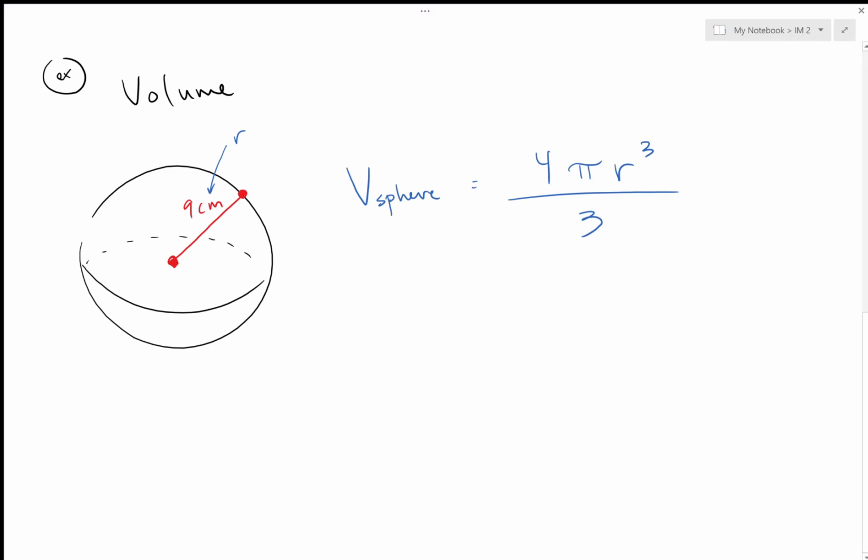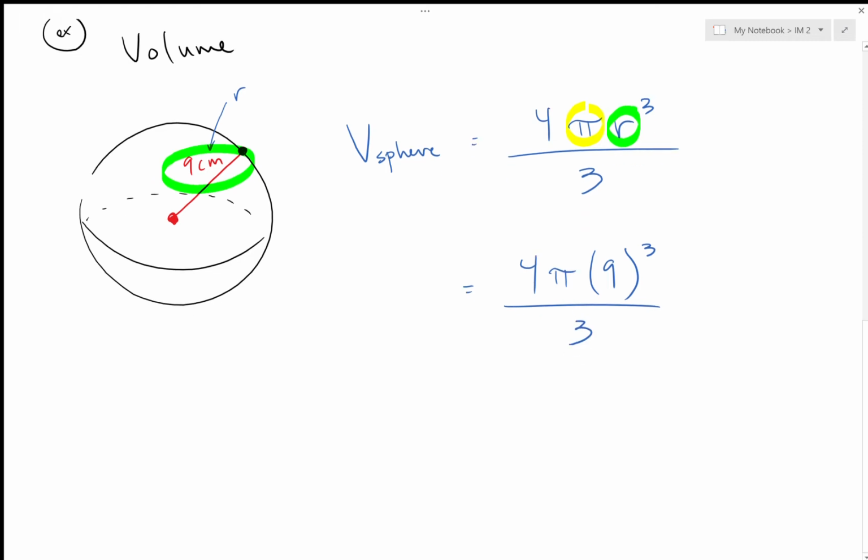So if we look at it, 4 is a number, pi, that's on our calculator. Really, the only thing we need is the radius, and do we have that? Yes, it's 9. So let's go ahead and plug them all in. So 4 times pi times 9, but that 9 needs to be cubed over 3. So order of operations. 4 and pi we'll leave alone. 9 cubed, so that's 9 times 9 times 9, and on the calculator that comes out to 729